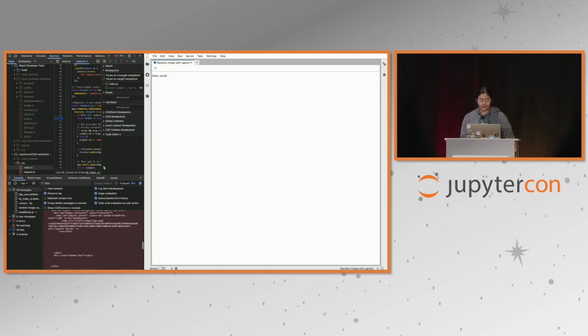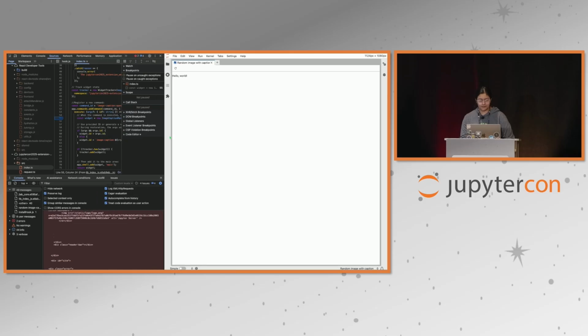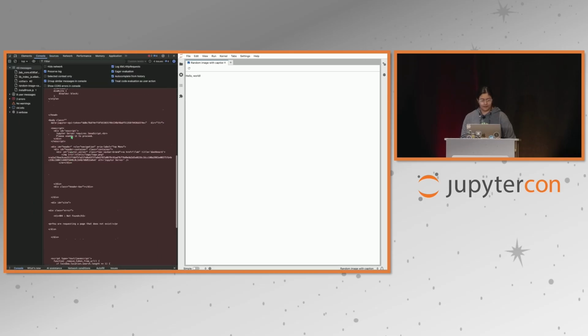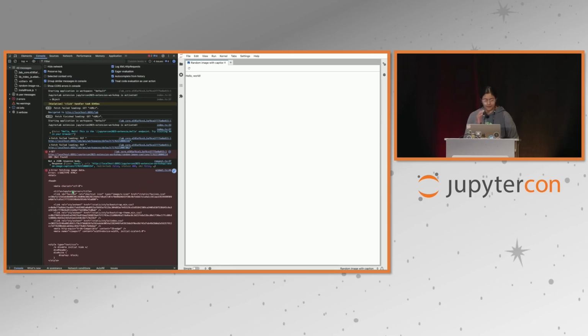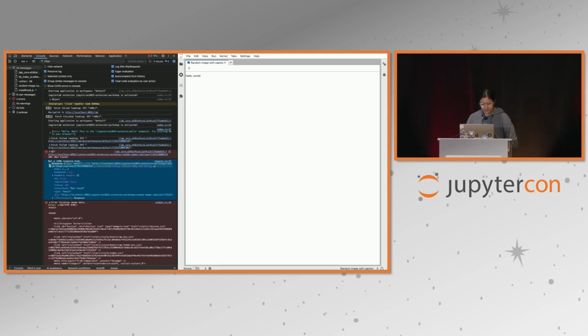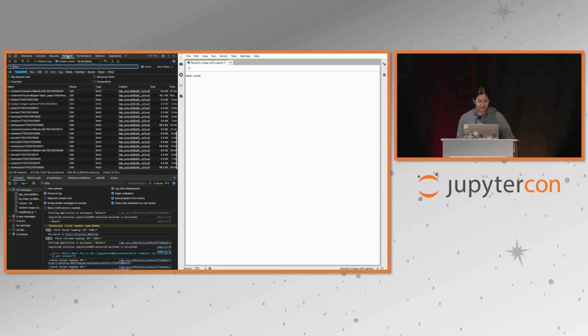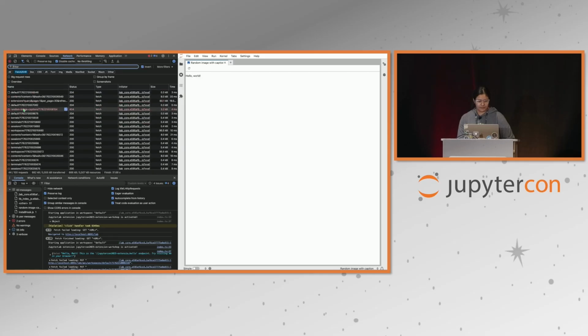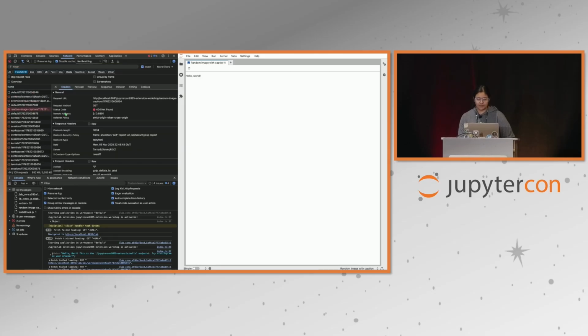If we go to the console tab here, we can see that there's an error message. Here, if we expand, we can see that this is not a JSON response body. If I maybe go to the network tab, I can see here the requests,